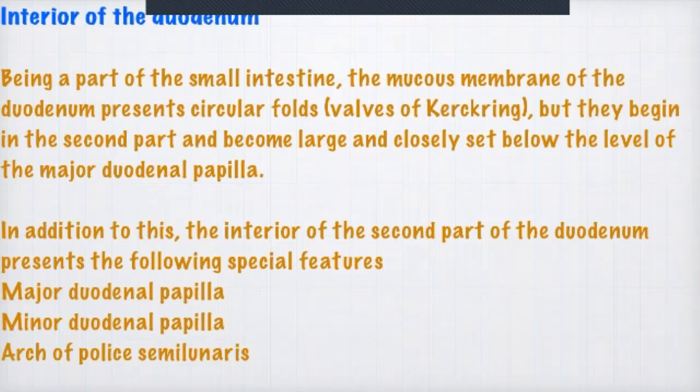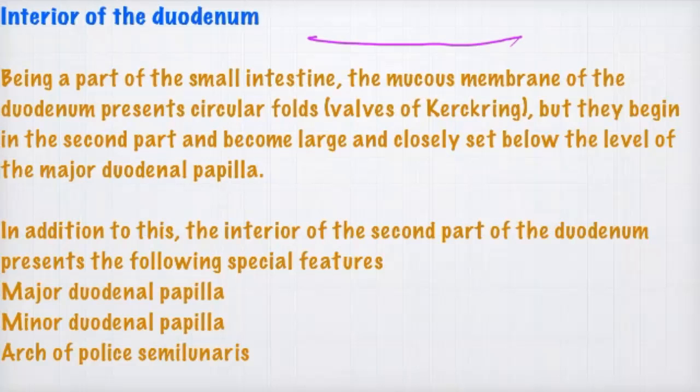Coming to the interior of the duodenum. Being part of the small intestine, the mucous membrane of the duodenum presents circular folds, right? They are called valves of Kerckring. They begin in the second part and become large and closely set below the level of the major duodenal papilla. In addition to this, the interior of the second part of the duodenum, right,